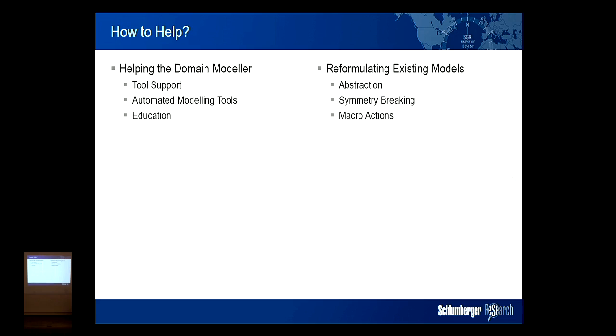So there's a few ways we can help, and on the right-hand side, we've got this idea of reformulating existing models. And this morning we saw some examples of this. So we saw these polynomial reductions that we can do in order to transform one model automatically into another model. But importantly, that requires somebody to have created a model in the first place. Okay? So we can do macro actions, there's entanglements, there's all sorts of different reformulations that you can apply to your model, which enables you to solve that more simply, right? We're just pulling that curve down, okay?